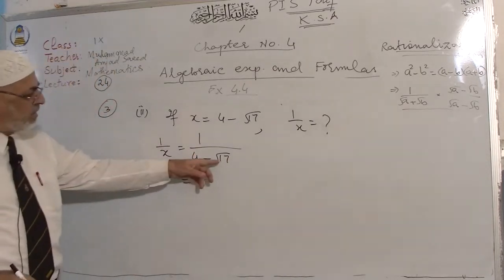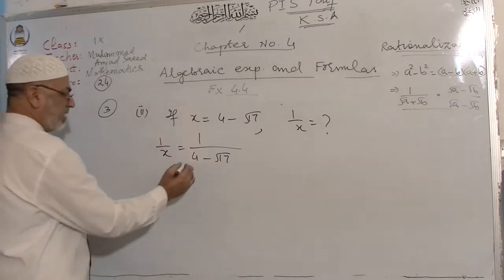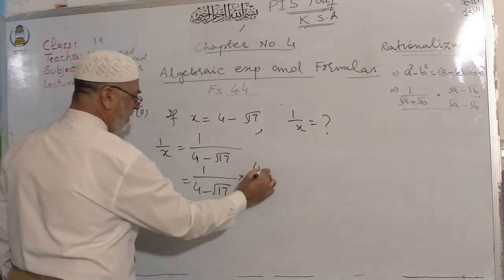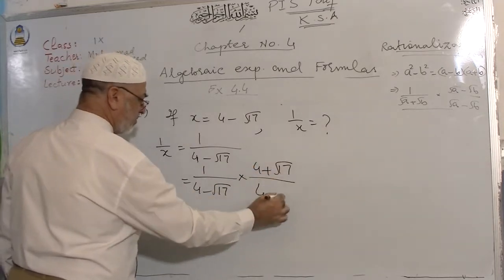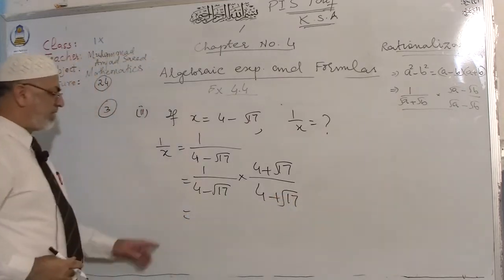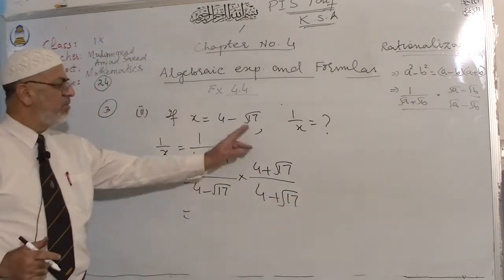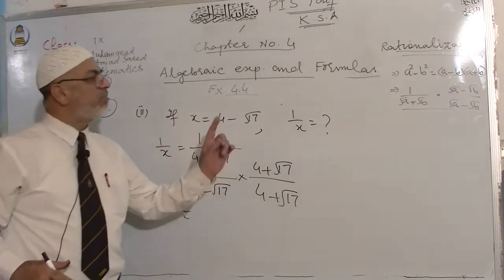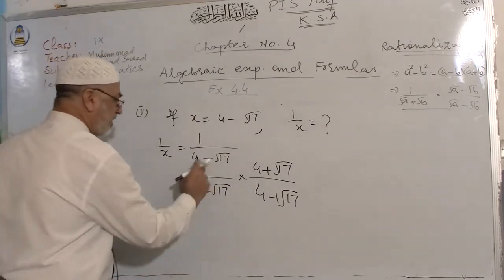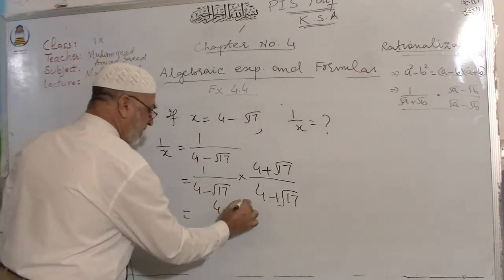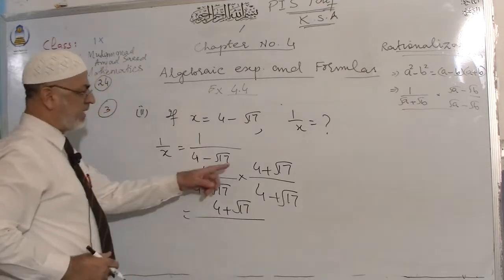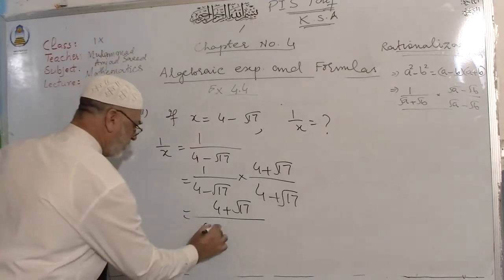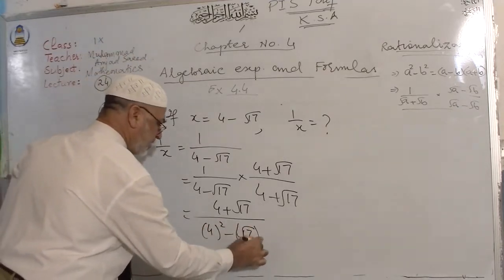Just as we have solved, if the radical sign is in the denominator, rationalize it. Multiply with the conjugate above and below: 4 plus root 17, like this. Here was a negative sign, here is plus. Multiplying above and below by the conjugate of the denominator, so that the radical sign will be finished. Here this is multiplied by 1. 4 plus root 17. Here is minus, here is plus, similar term, opposite sign. First square minus second square.